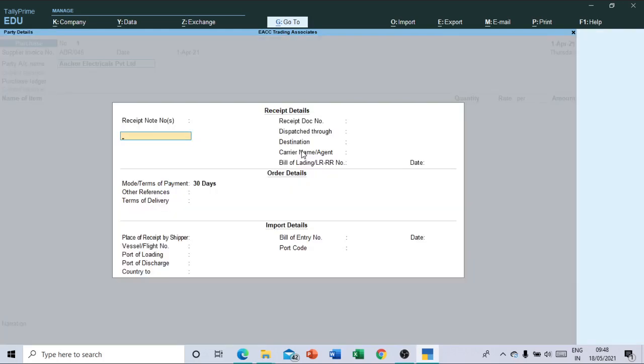Now here you can see this is the information which is asked by the Delhi bank. It is asking you very basic details, that is, do you have any receipt note? Because in my MNC company, you can see the entire thing is very official, so you cannot pass an entry directly. You have the information, say for example whether you have prepared any order, whether you have made any purchase order for that, and after that you are purchasing the things or not. So this is the window whereby it is asking for the things, receipt note है या receipt details, dispatch through